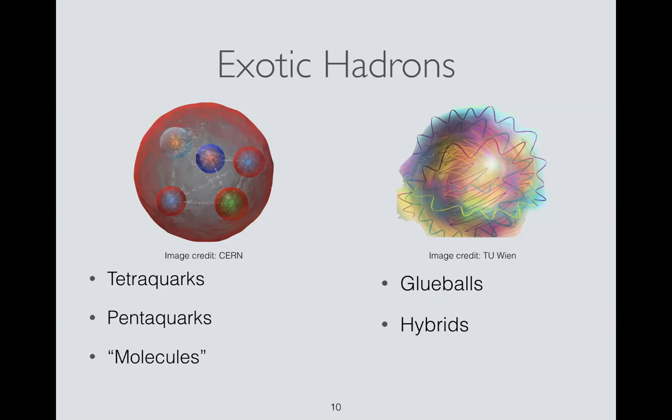So now we have glue balls, right? If gluons can interact with each other directly, which they can, then why can't you have a particle where it's mostly just made out of gluons? So this is hypothesized. The difficulty with measuring glue balls is that experimentally they look a lot like regular mesons. So it's hard to determine whether you've made a glue ball or whether it's just a meson. But there's ongoing experiments to try and determine that.